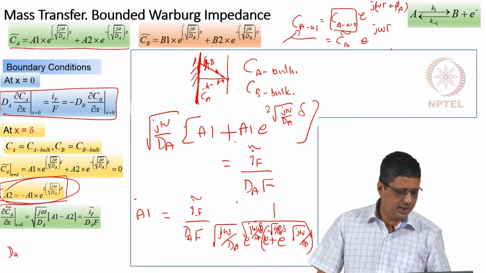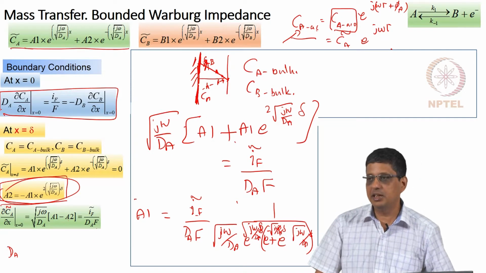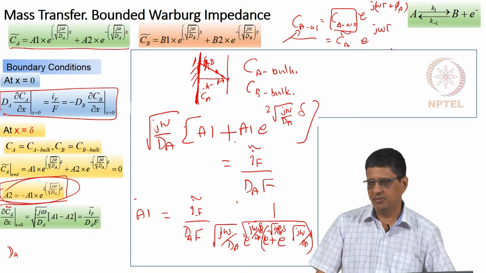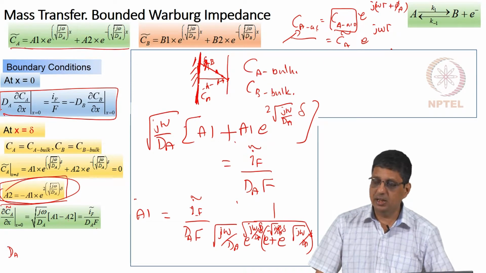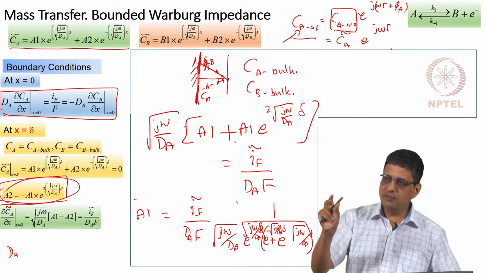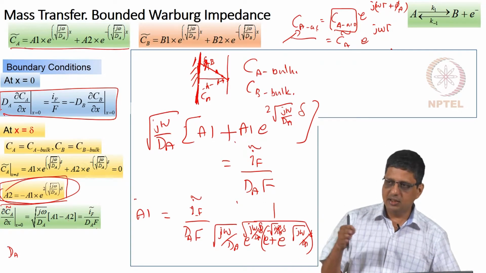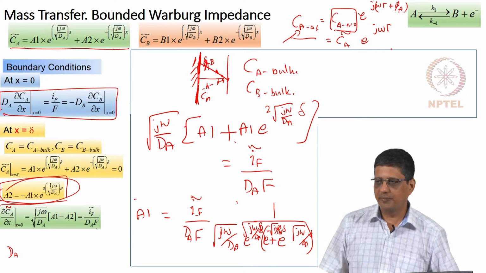But unless DA and DB are equal, you can't say that the sum of CA and CB is going to be the same. Then the overall composition would keep changing. Actually it won't keep changing, it will settle at a higher value, but under steady state conditions, that higher concentration gradient with lower diffusivity is allowing it to go at the steady rate. The amount of A that is coming in should be equal to the amount of B that is going out.